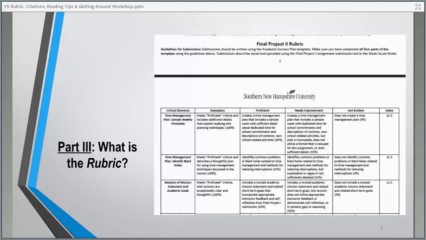On the very far right, it has the value, but then it also has these columns where you are wanting to shoot for exemplary, of course. So you want to be able to meet the proficient requirement criteria and then provide additional details, usually is what it will say. So you definitely want to shoot for that exemplary column,